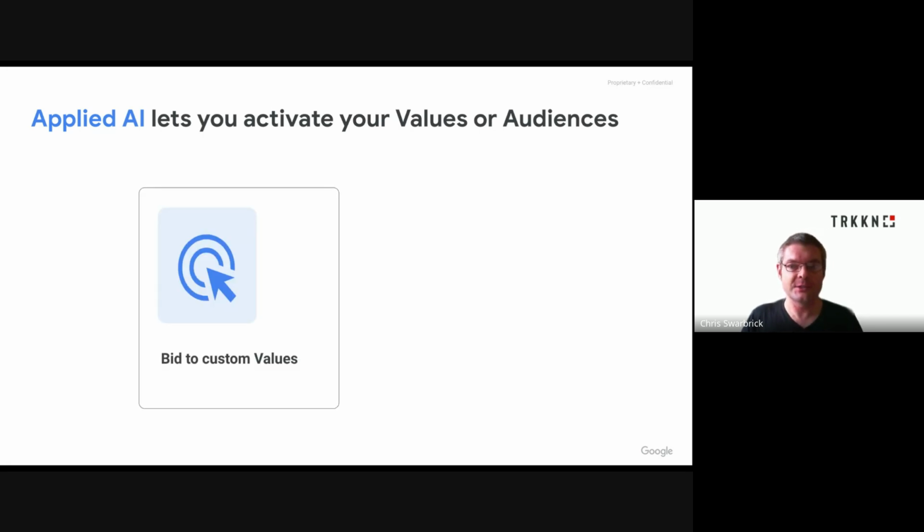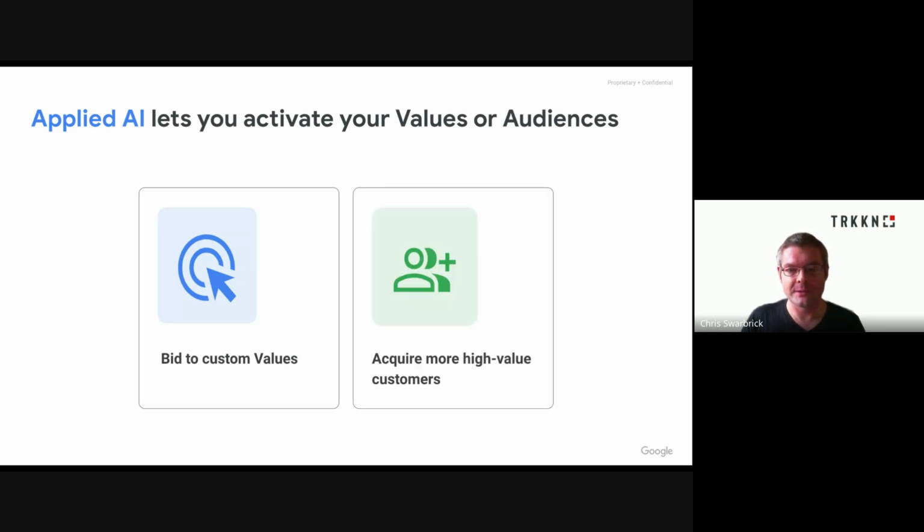The first is generating values which help you optimize towards what really matters to your business. In this scenario, you can use AI to generate the value and then pass it across to Google in order to supercharge your embedded AI with your secret ingredient. So this is about really moving beyond media proxies, such as CPA, and instead taking what matters to the bottom line of your business and making that what you get Google to optimize on.